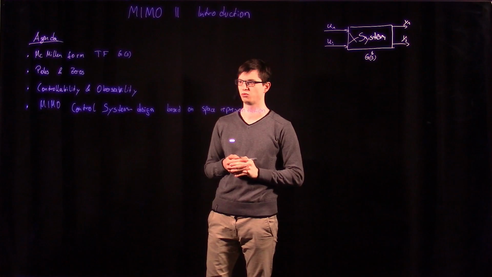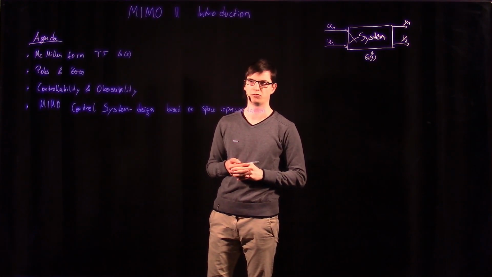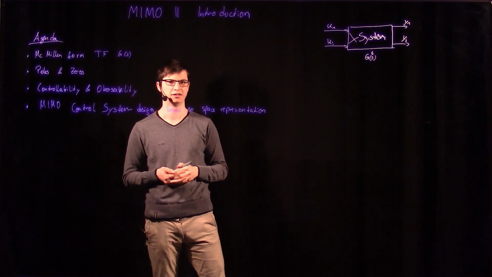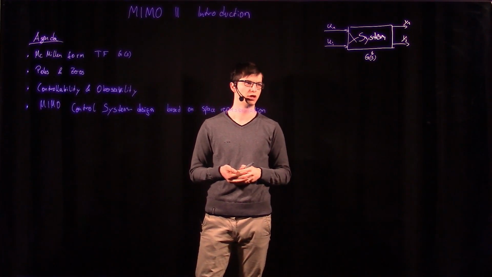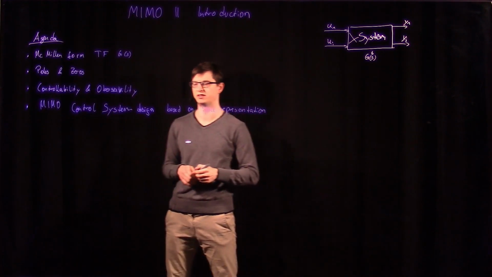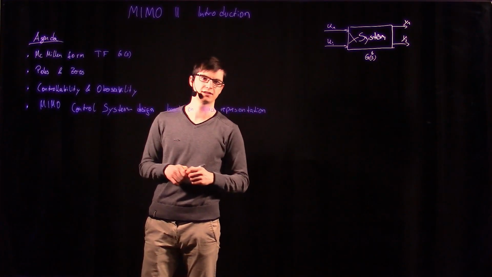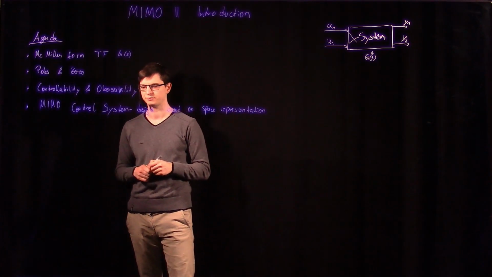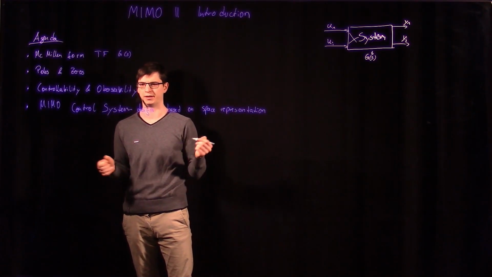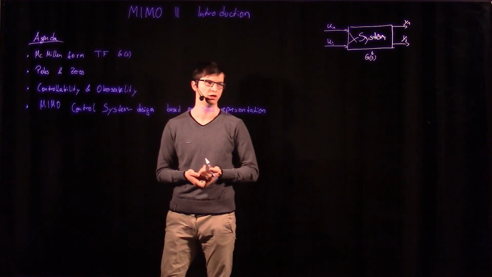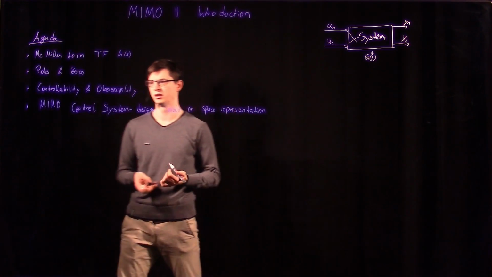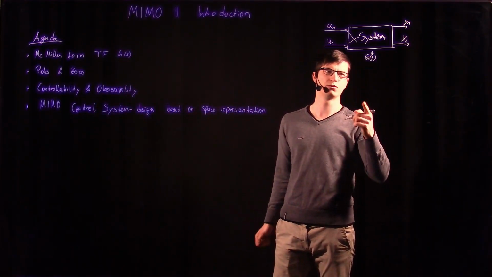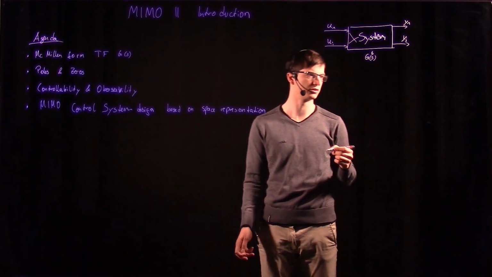For that purpose, we want to remember something that you might have learned in different lectures before. So what repetition is necessary? For my understanding, those are the poles and zeros of transfer functions. What are they and what do they describe? Such a transfer function or transfer matrix